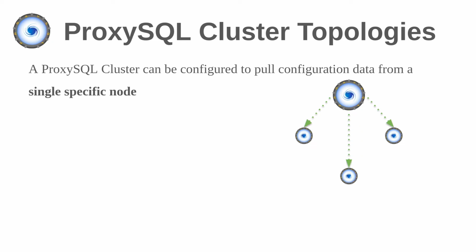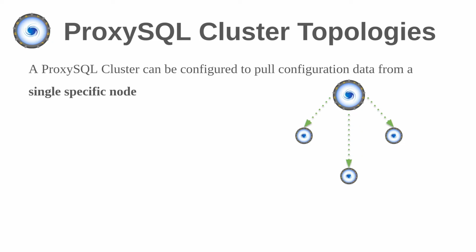Okay, so how does it look? A very basic ProxySQL cluster topology. Here is an example. You have one proxy that is the one where you are making the configuration changes, and you have a series of other proxies that are just pulling the configuration from it. When they pull the configuration, basically they constantly check if the main proxy has a new configuration, and as soon as they detect a new configuration, they wait a certain period of time to make sure that the configuration of the source hasn't changed again, and when they realize that the configuration looks stable, they will pull it.